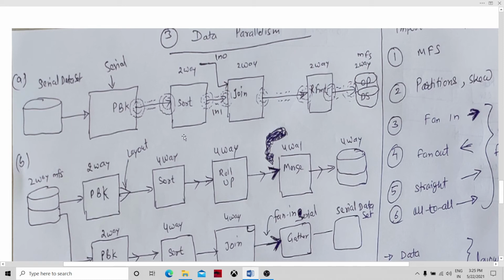Whenever we talk about parallelism, it is not only that the sort, join, or reformat components are running two-way parallel. The ports and flows, the input and output ports associated with these components, are also functioning in parallel mode.